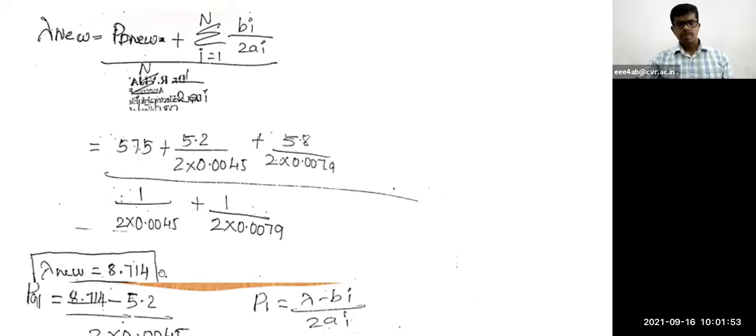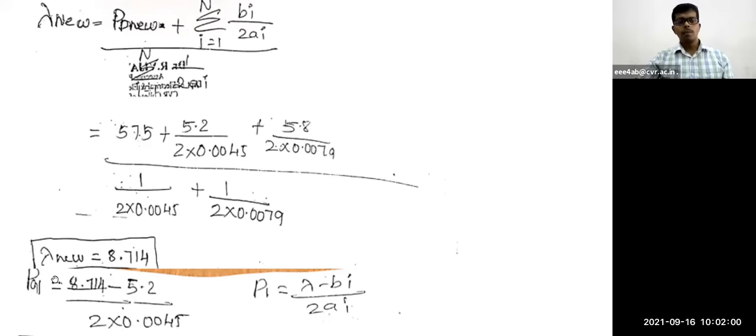8.714. Next, what is the next step? PG1 nu. Calculating the PG1 nu. So what is the formula for PG1 nu? Same formula. PG1 nu is equal to lambda nu minus Bi divided by 2ai. So what is the formula for lambda nu? Lambda nu 8.714. So here you need to substitute 8.714 minus 5.2 the whole divided by 2 into